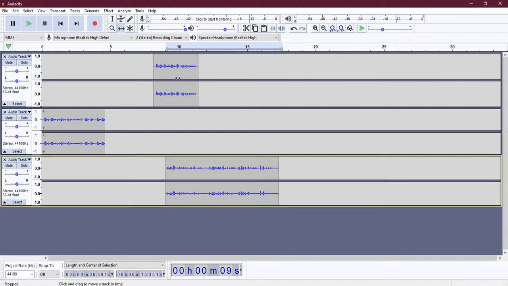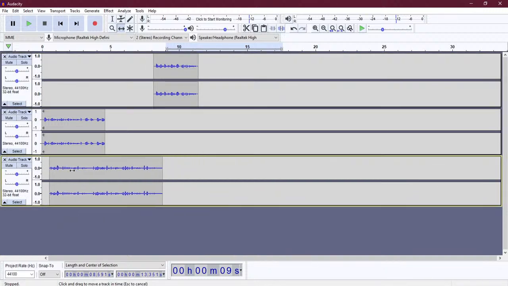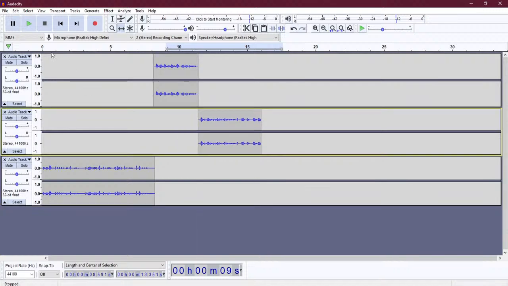So I can move things around easily, replace them in different orders, and they will play accordingly. So if I go to the beginning and play,